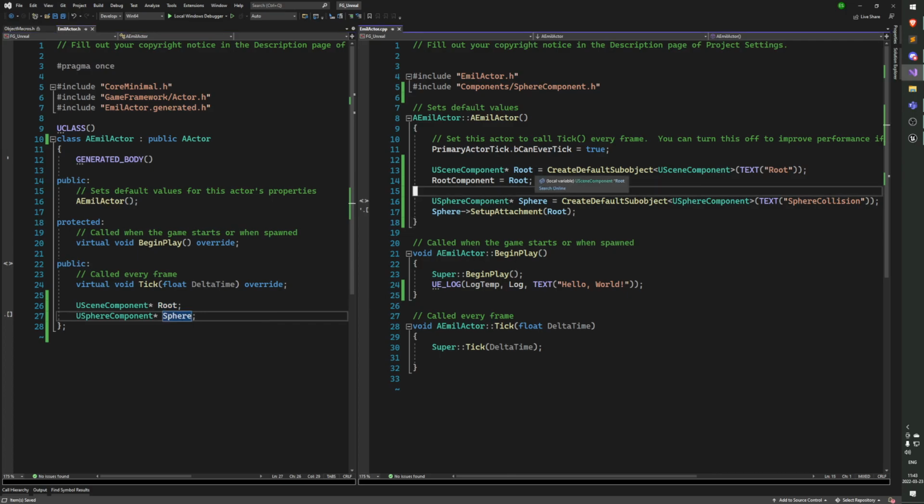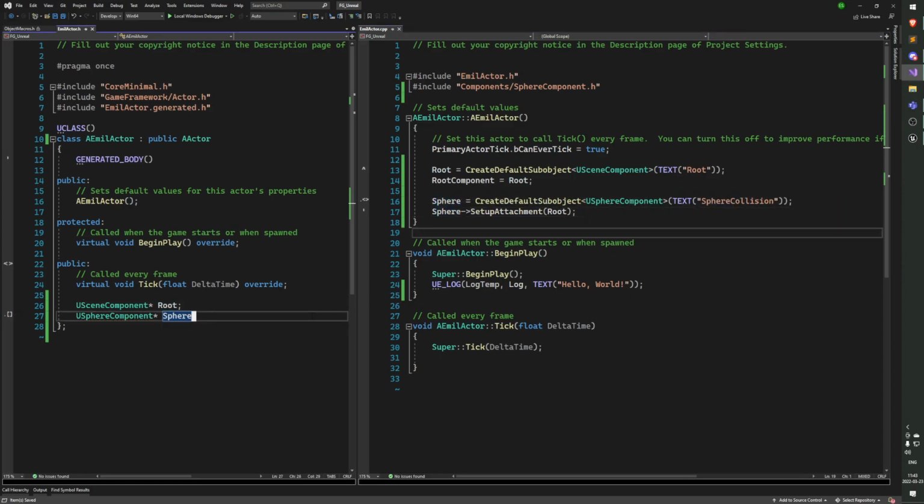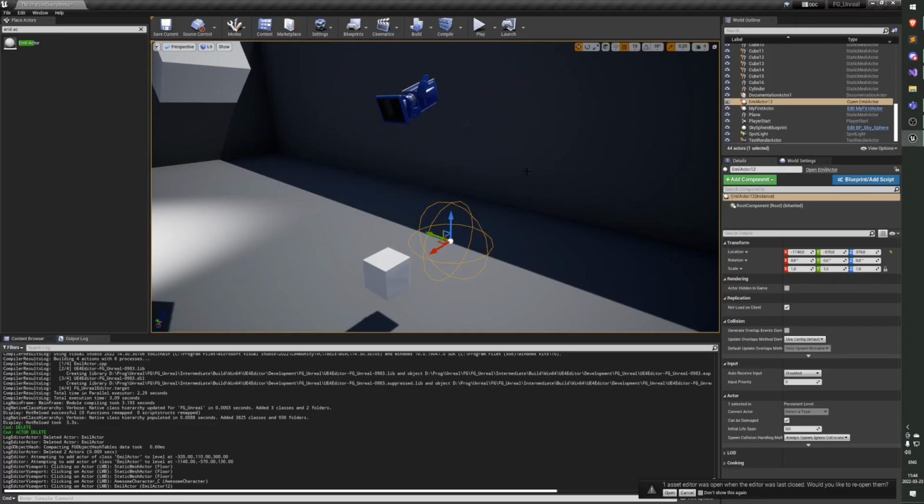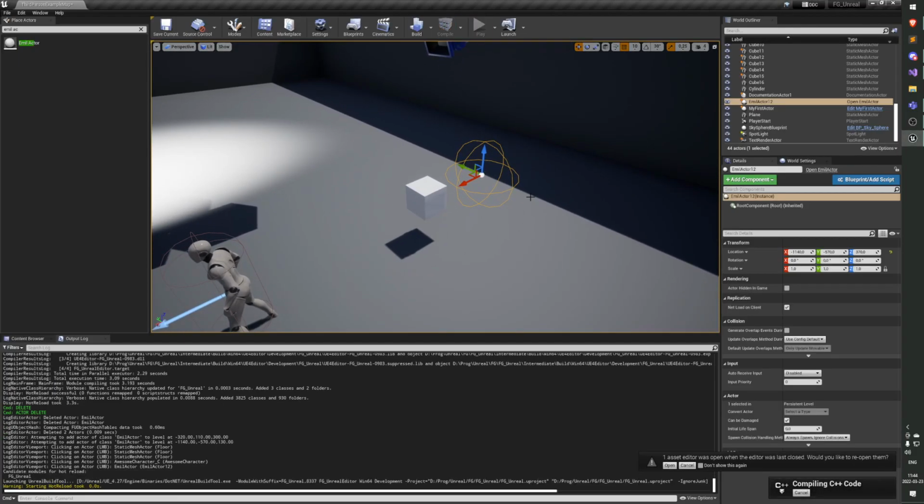And then instead of making these local variables in this function, I'm just gonna set those member variables. So now if I compile,